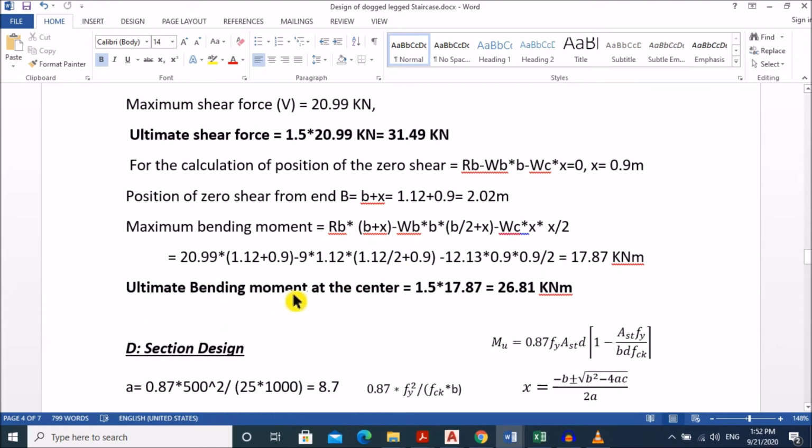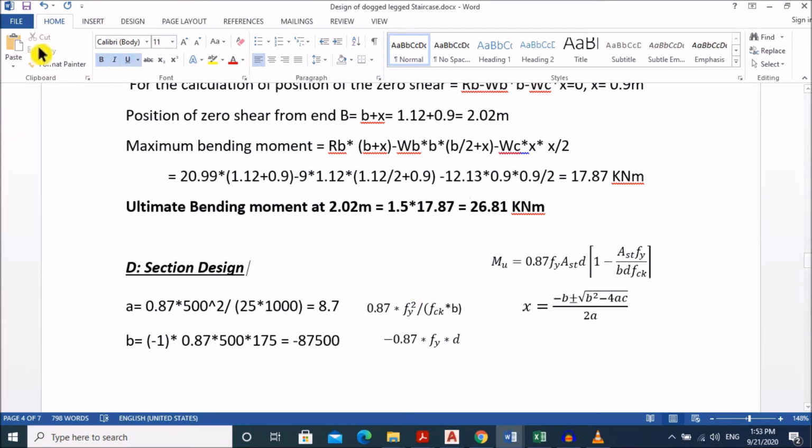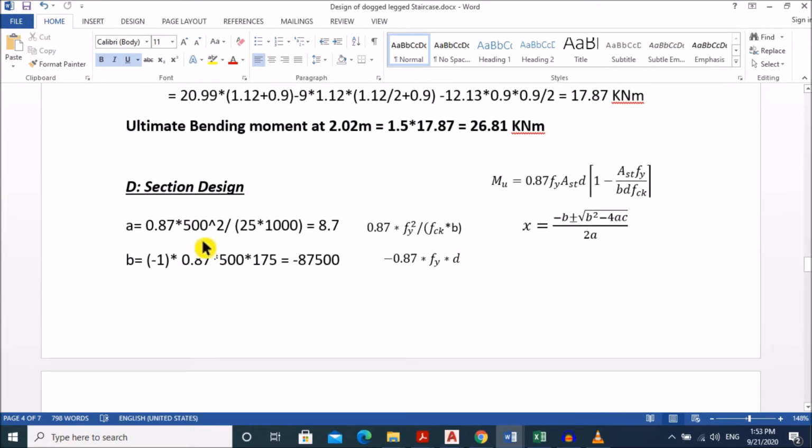The ultimate bending moment will be at the center, at 2.02 meter, and that equals 26.81 kilonewton meter. The design of the section, A equals to